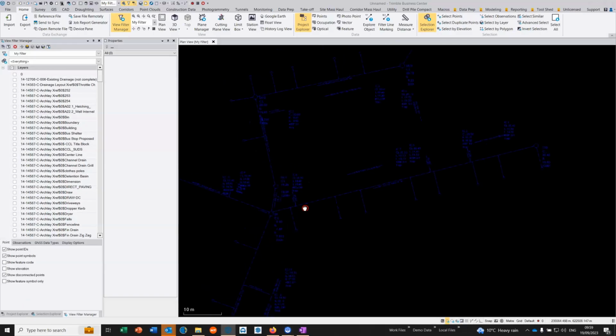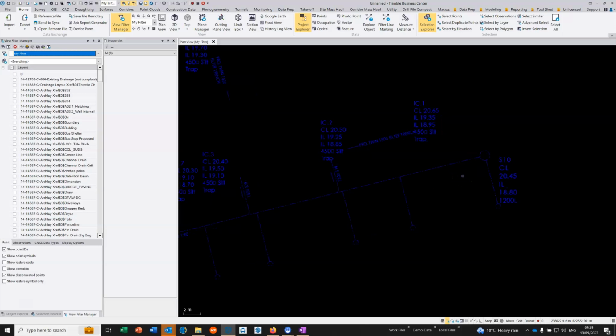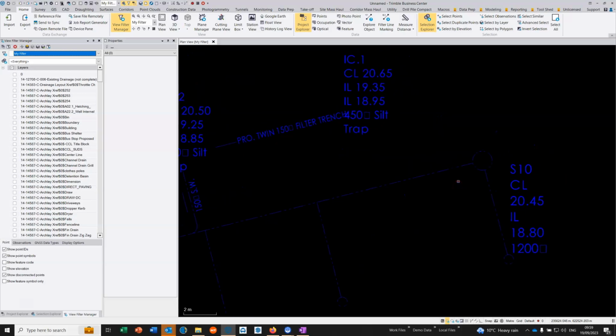So in this video, we're going to look at taking drainage drawings and preparing them for setting out. If we put our grades and our levels on all our drainage lines, then we can set out and check any drainage anywhere on the site. So if we look at this drainage drawing, what we've done is isolated this particular layer, and we've got the